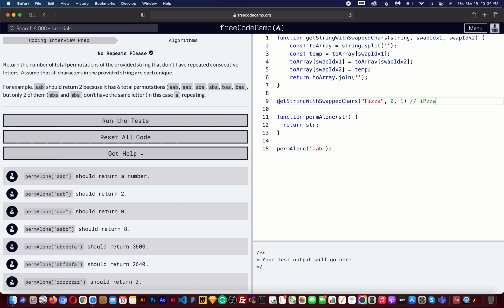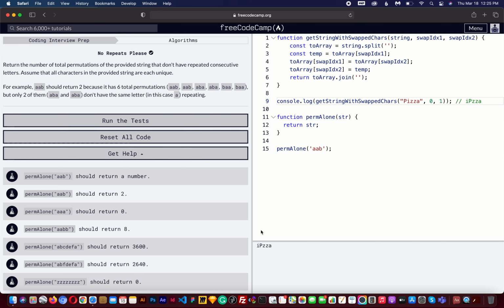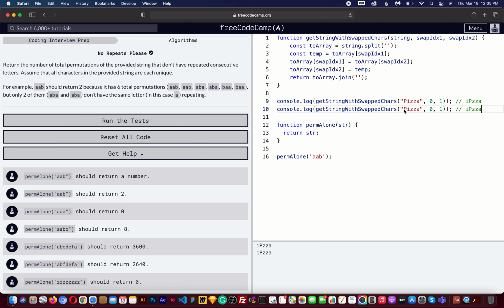And we can confirm that we're getting that by wrapping the function call inside console.log. And you can see that's exactly what we get in our console below: I, P, Z, Z, A. Let's try another. I'm going to make another function call below. And this time, instead of pizza, we can type in a related word, maybe